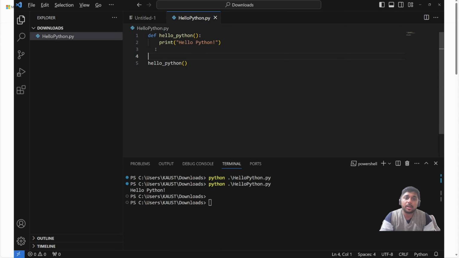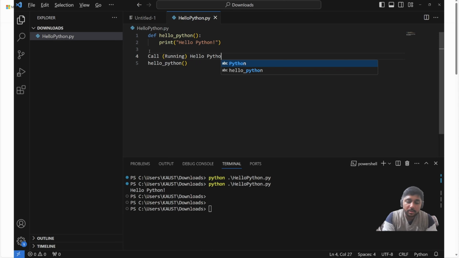So they will try to understand. You write some custom function and they want to understand what this function actually does. So you can write this function. So basically what we are doing here, we are calling this function. So I can write a comment here and just write: call. Here we are calling or basically running